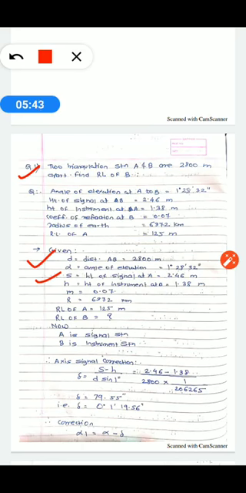Now what we have to find? The RL of B. Start the problem with the first step, that is to find the axis signal correction. As we know, the very common formula to determine the axis signal correction, the value of delta, is equal to (S minus h) upon D sine of 1 second. According to the problem, we have all the values. Put the value of S, that is 2.46, then small h, which is 1.38, then D, that is 2800 meter, and sine of 1 second, that is 1 upon 206265.